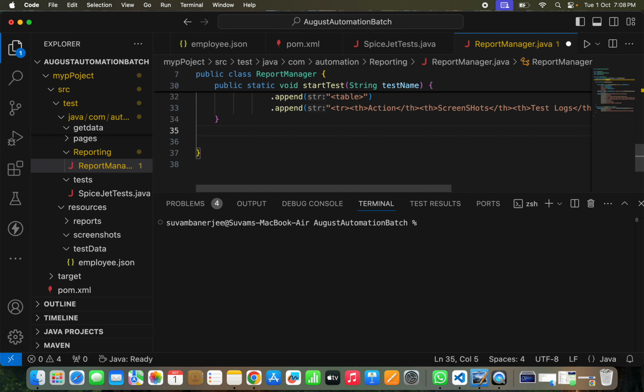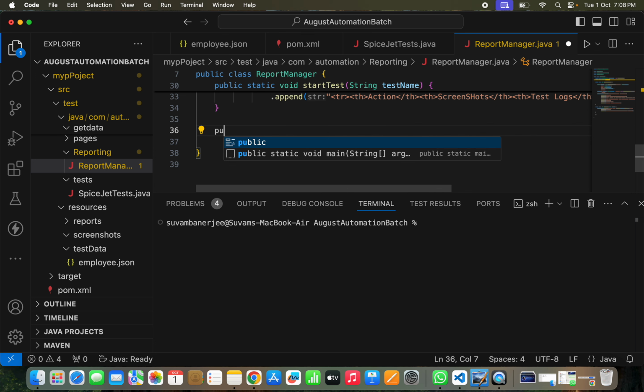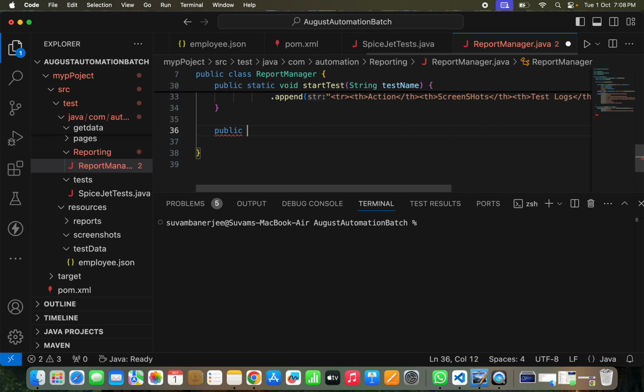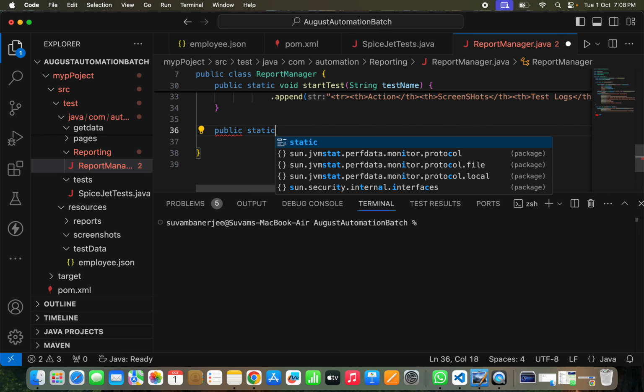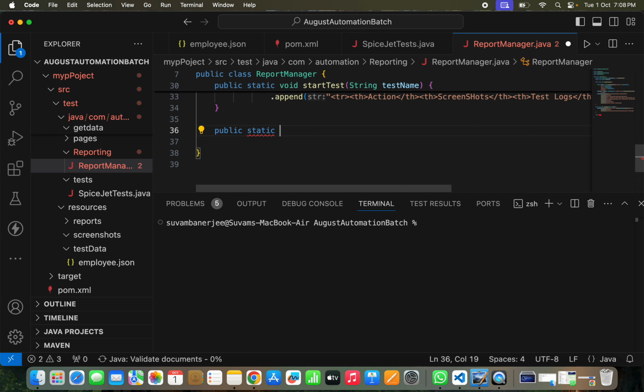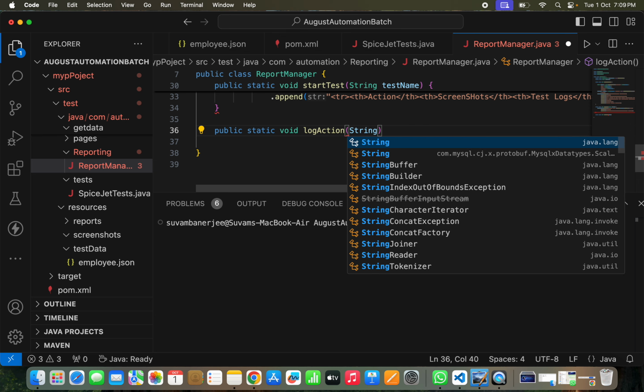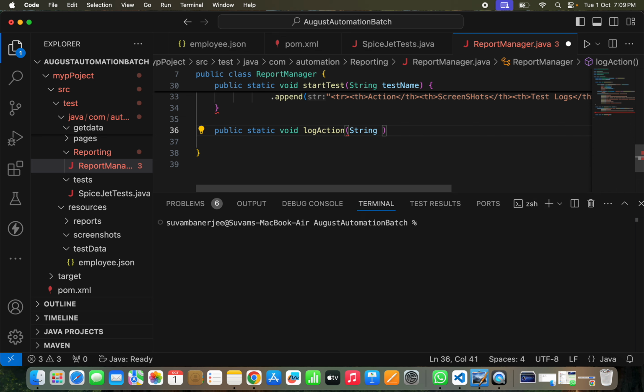Okay, so let's create another method, public static void, let's say logAction. Here we will take input as, what we need,